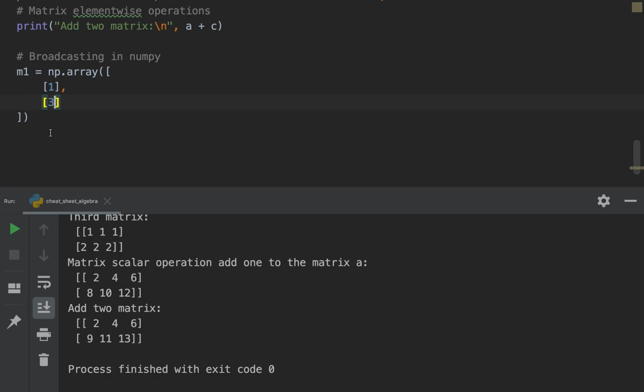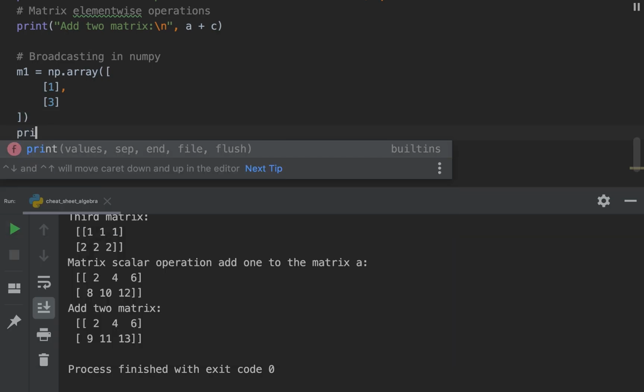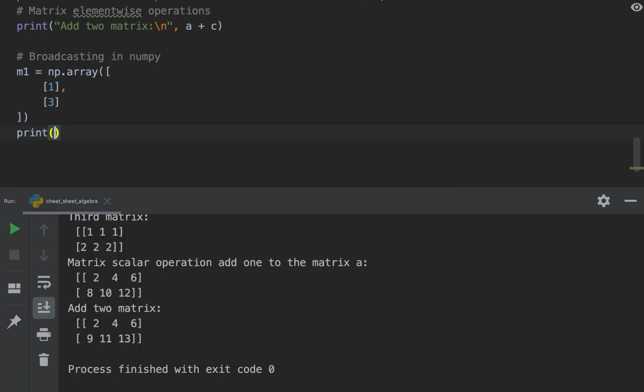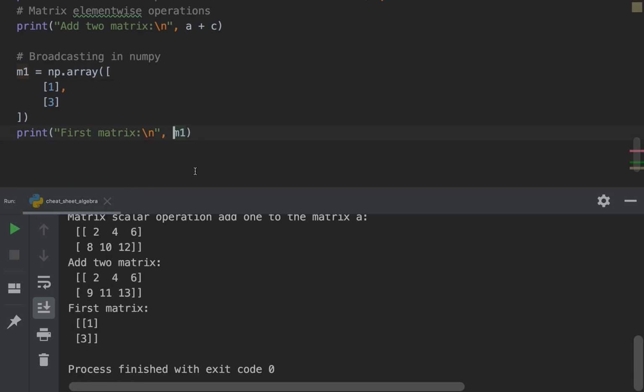Okay, so print first matrix. We have M1. So here we print this. Okay,